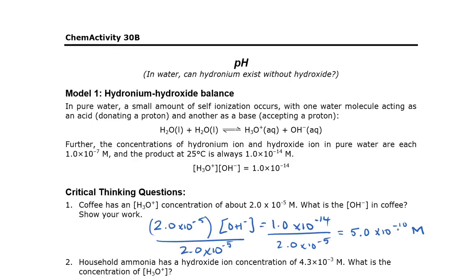If this isn't what you got, pause the video now and try to rework the math, and what you need to be sure that you can do is work this math on your calculator. So try that now, and if you get it, great, and if not, I'll show you how to work that through on the Casio calculator that I suggested you buy for this class. So pause and try it now.